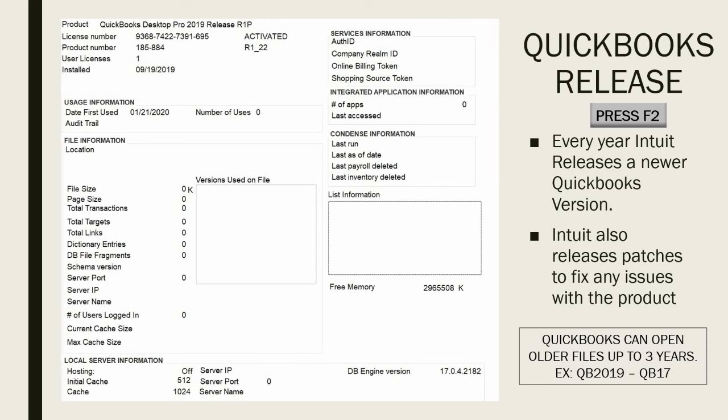So that's really cool about F2, you get to learn all of the details in regards to the